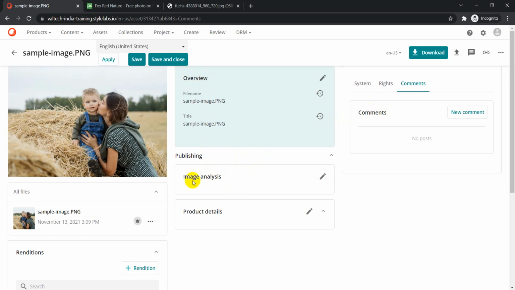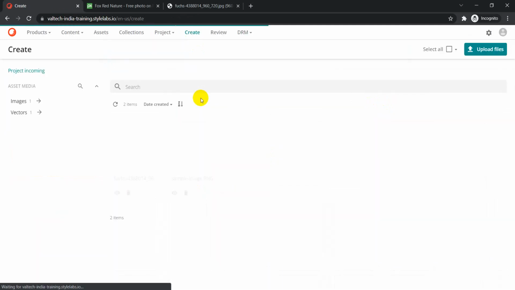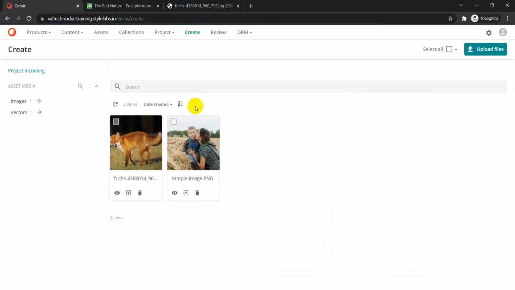But I also want to show you there is one more way we can create assets in the system, that is via importing an Excel file, right? Because think about a scenario where we have several thousands of assets which we want to upload into the system. Then just specifying the URL and uploading those things one by one doesn't make any sense, right? So what we will do right now, you see we have this upload files, but to enable that import Excel,